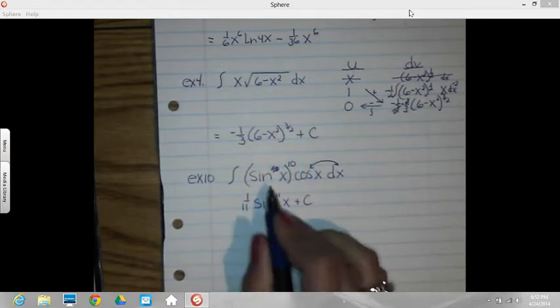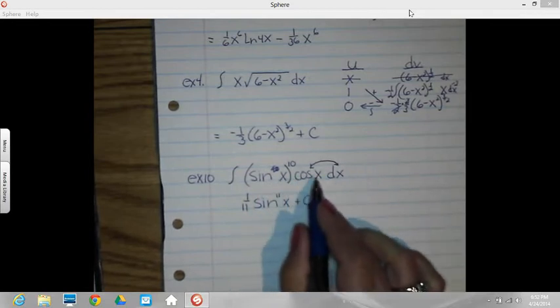If that hadn't happened, if this wasn't the derivative of the inside, then I would go with my u and my dv and see where it took